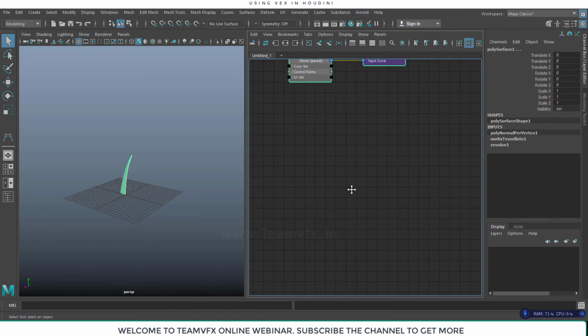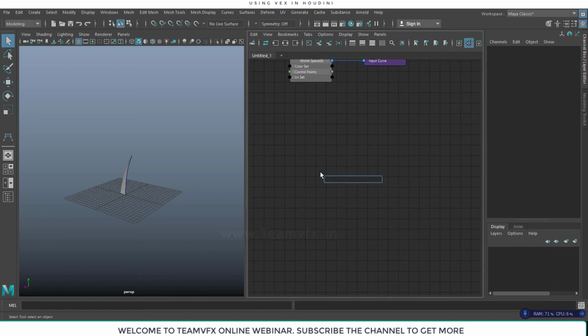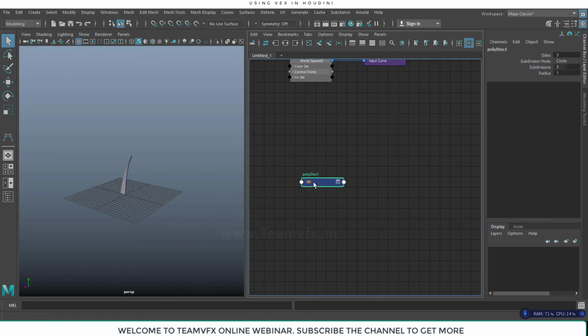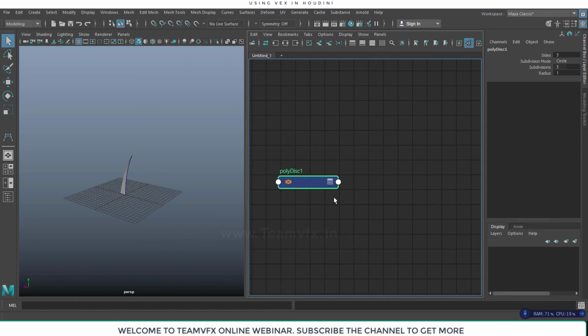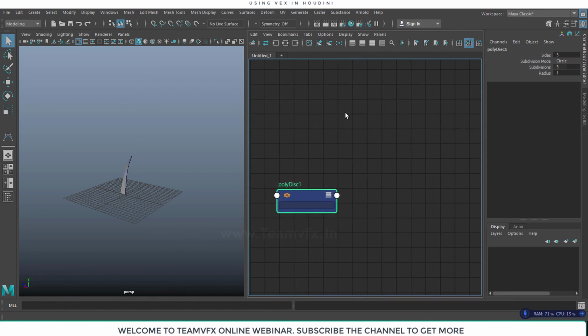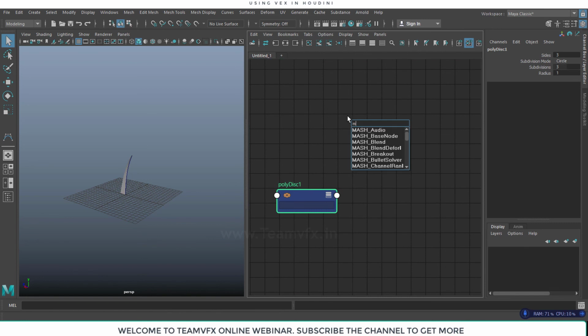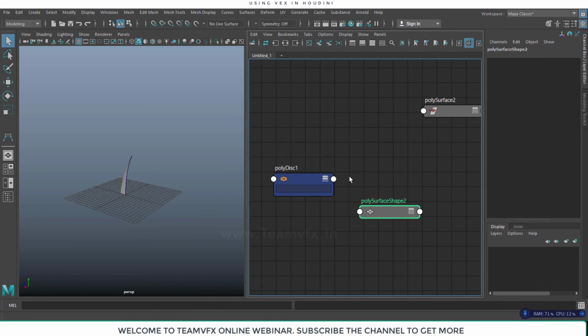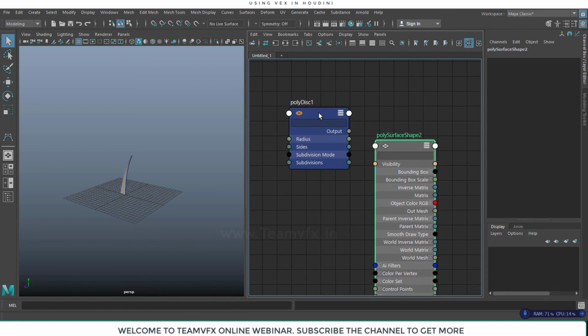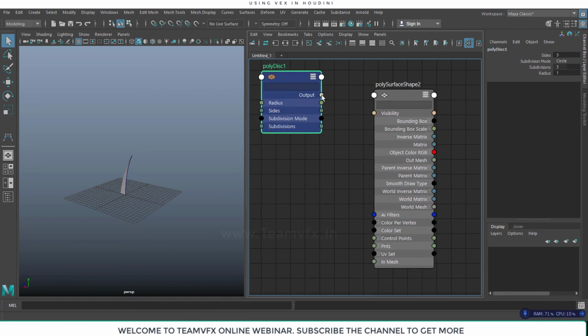This time I am going to create a poly disk, POLYDISK, sorry, POLYDISK. Now I will get a poly disk, and as usual, we need to put a mesh node, MESH, and the connection we already know, the output will go to the mesh.